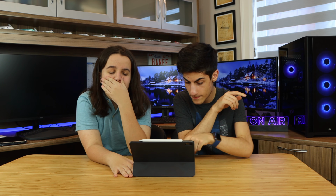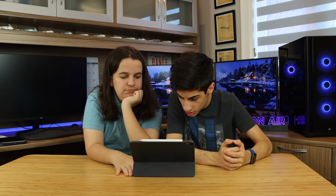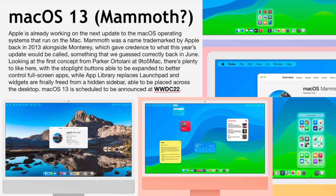This year, the last one that they have is Mammoth. So we're expecting it to be called macOS 13 Mammoth, which is what Mammoth looks like. And it's basically, they're expecting to do another big redesign like they did in macOS Big Sur. So 9to5Mac's Parker Ortolani made a mock-up of it,